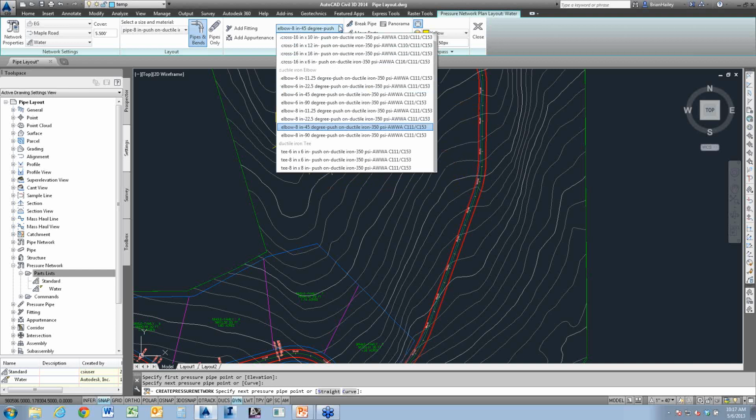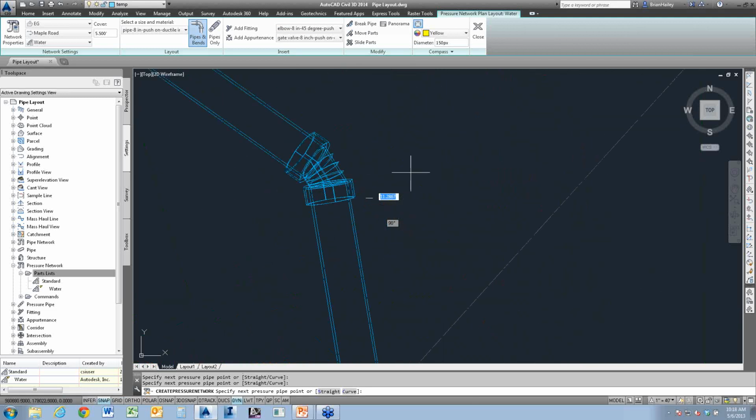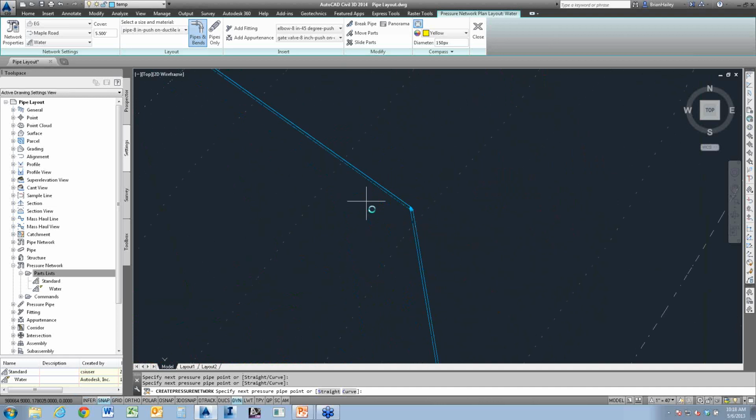So if I didn't have an 8-inch 11 1/4 bend, I wouldn't have this angle point here. I can simply start drawing based off of those angles, which is really cool. I mean, look, it even puts in the little fitting for it. It's all drawn correctly and everything.